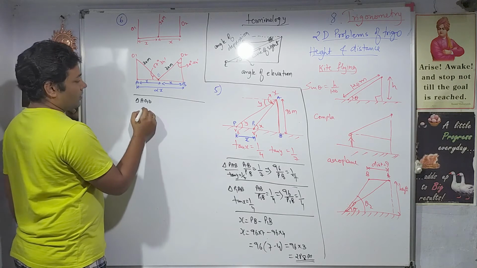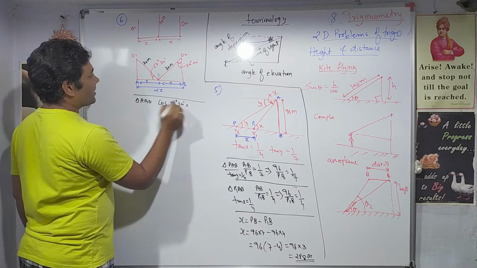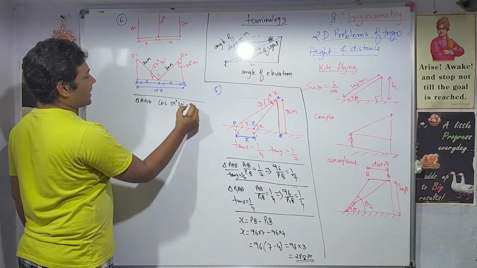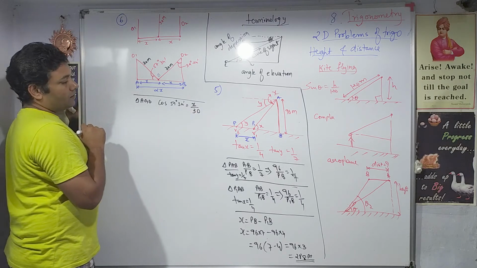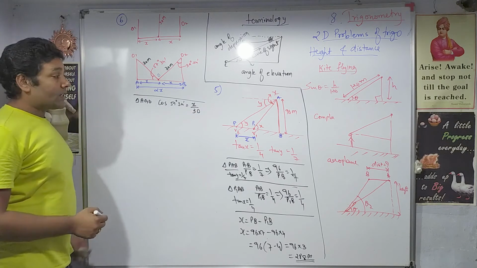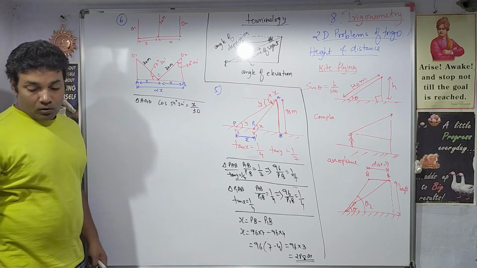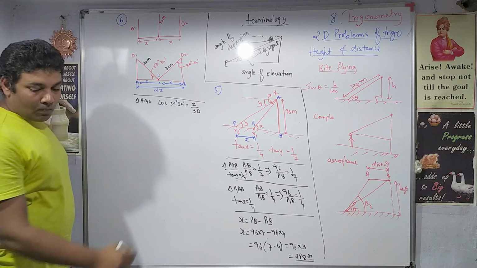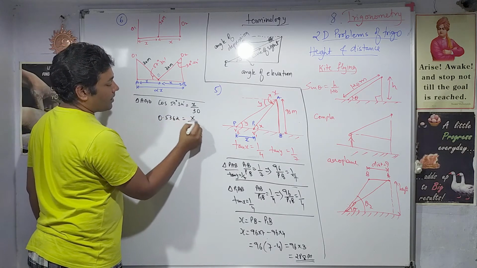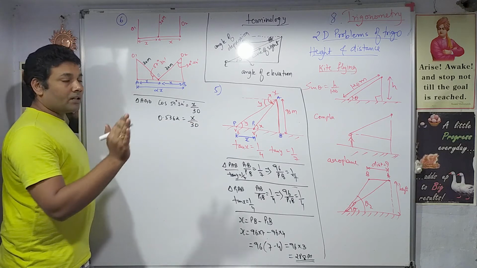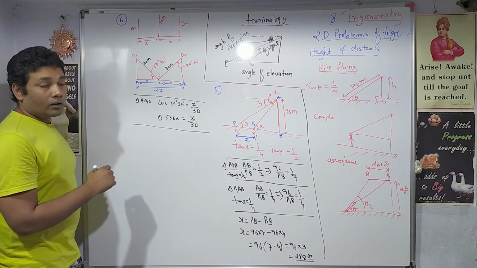Which quantity connects hypotenuse and base? Cos theta. So cos 57 degrees 34 minutes is base upon hypotenuse, right? Find out the value of cos 57 degree 34 minutes. What will its value be? 0.5362 equals x upon 30. You have to take all the 4 digits. It will bring accuracy to your answer. This is the one equation we have got.